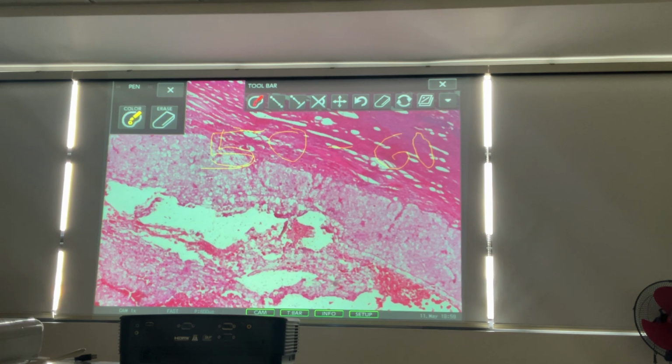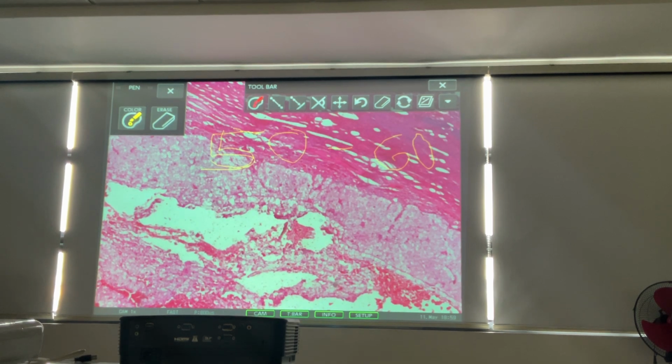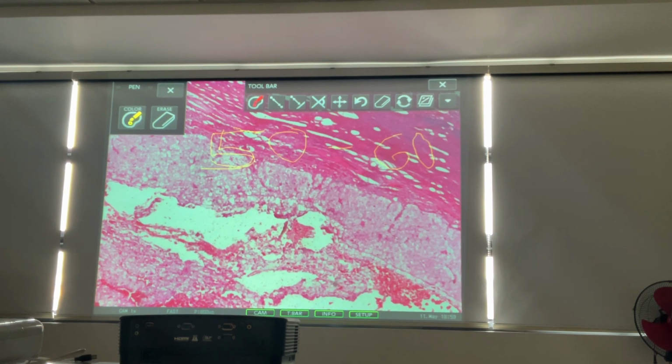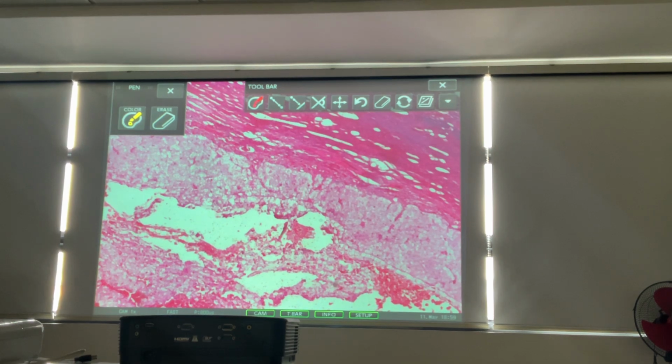Okay, flank pain, flank mass, and gross hematuria. I think I mentioned it in class. Those of you who have seen a pig slaughter for lechon, they would also keep the blood for dinuguan. If you notice the curdled blood, that's the type of urine you see in patients with renal cell carcinoma.